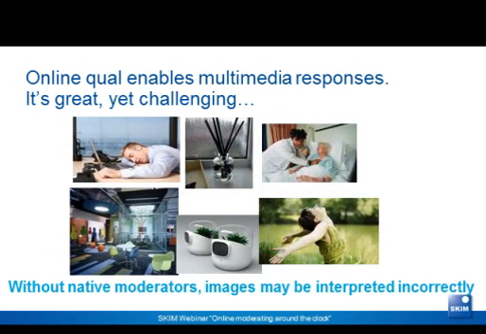So we talked about before the multimedia responses that we knew we would get with online qual, and we did, and they're terrific. And these are all pictures that came from various places. The interesting thing, though, is that having those native language moderators, they can really help you interpret things in not only the language itself, but from a cultural perspective and what references may mean, because different references mean different things in different languages. Some of them overlap, but the depth of stuff that we were able to get,